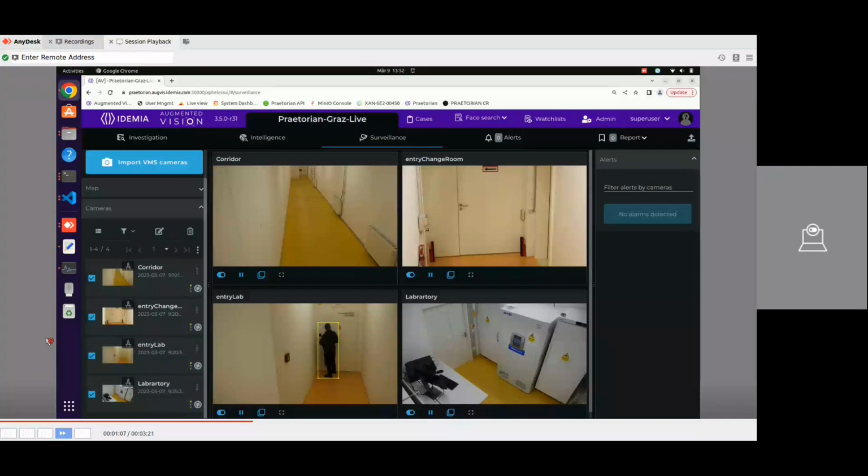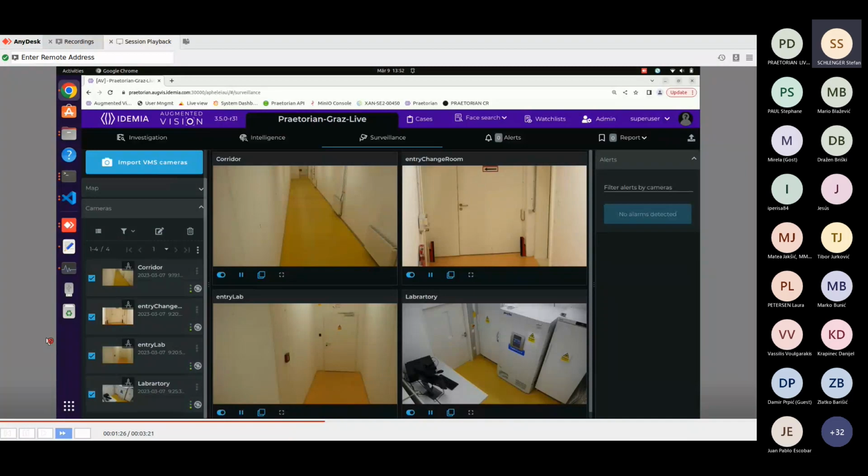So our logic here applies that, first of all, the time between entering the changing room and the same person then entering the laboratory is too short for him or her to change into the protective gear. And then there is also a clothing classifier that detects that the typical appearance, the color of the clothes, is not matching. So usually it should be yellow, and therefore it generates an alarm, and this is then